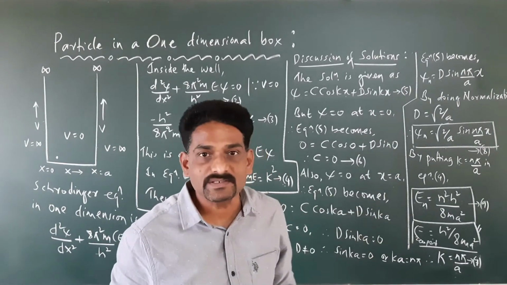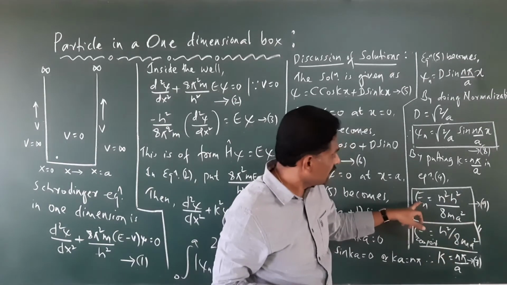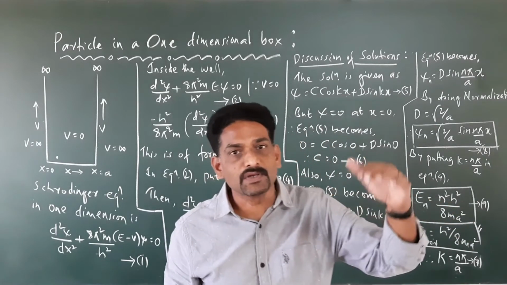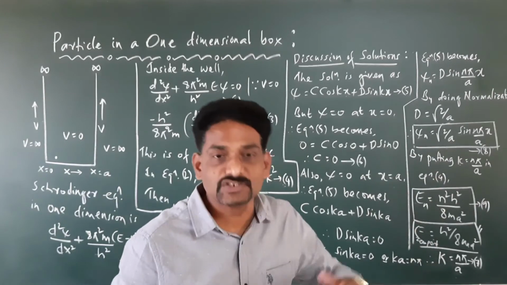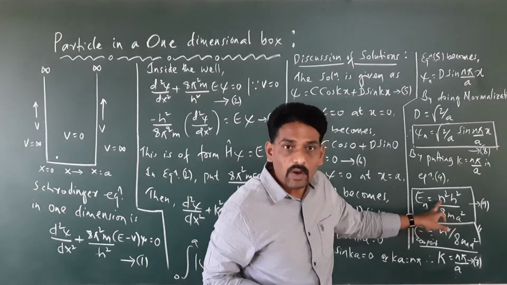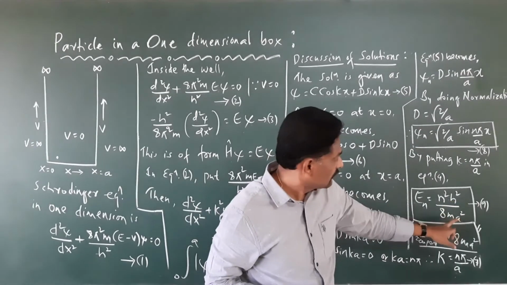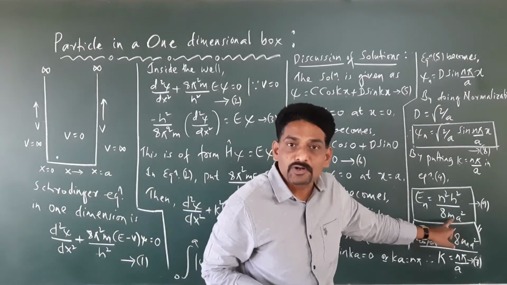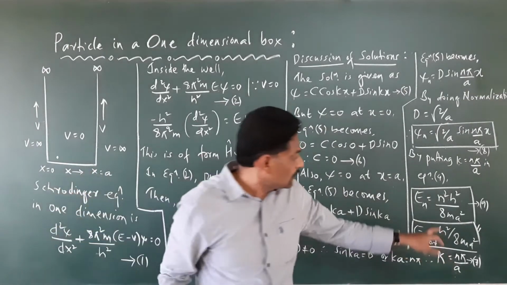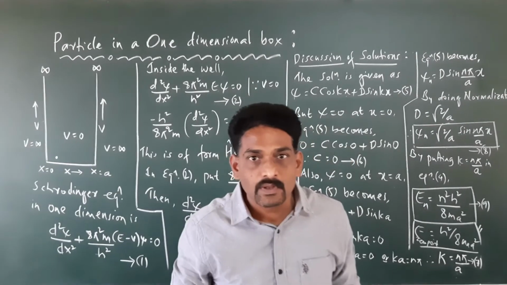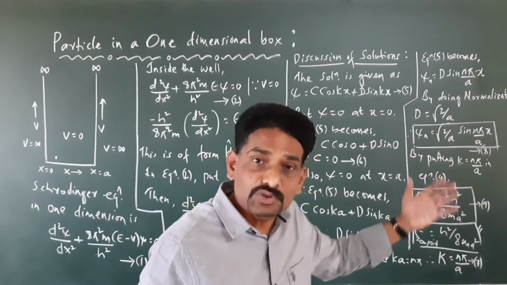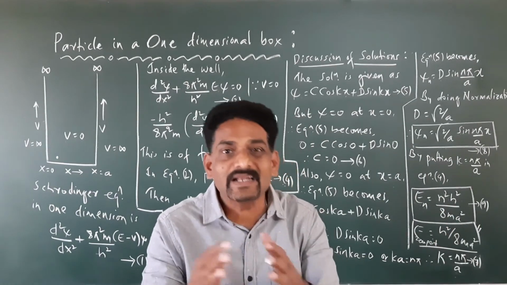One more interesting thing is, if you look at this equation, E equals n squared h squared by 8 m a squared. If you substitute the value of n as 1, 2, 3, 4, 5 and calculate the energy, we get certain discrete values. When you substitute n equals 1, along with the value of Planck's constant, the mass of the particle 9.1 × 10⁻³¹, and the value of a, the width of the potential well, you get some particular value. If you substitute n equals 2, again you get a particular discrete value.